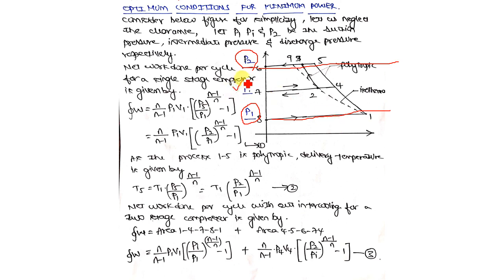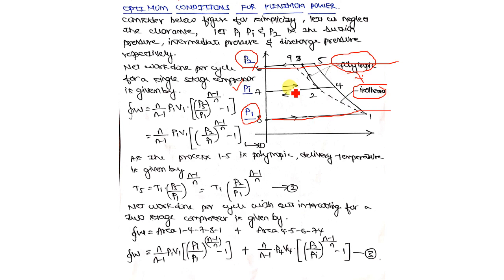Now, see, how could I change the Pi? I can alter the process. If I change the polytropic process to an isothermal process, I would change Pi. Okay, how? I will explain to you.